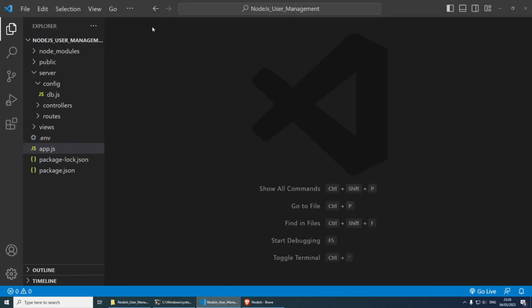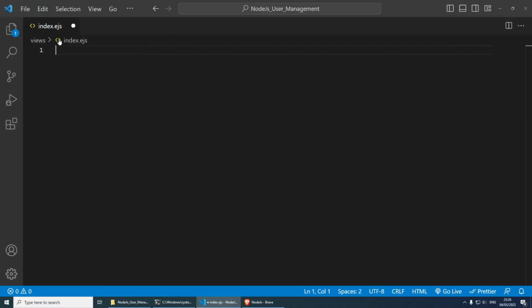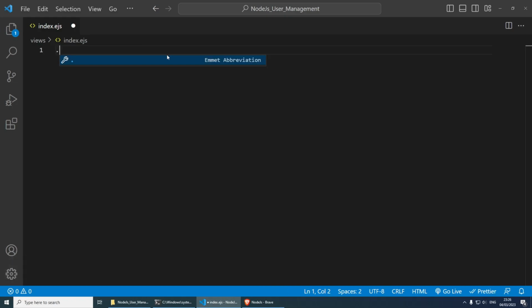If we go back to the views and then index.ejs, I'm going to do some super quick styling inside here for our dashboard. So I'm going to create a div with the classes. It's going to be a long one. This is going to be display flex, justify content between, which is going to push stuff on the left side and the right side. You will see in a second. Then we're going to have flex wrap,